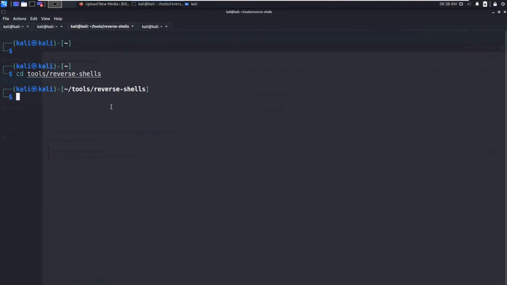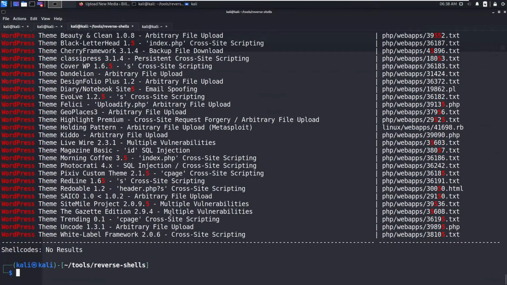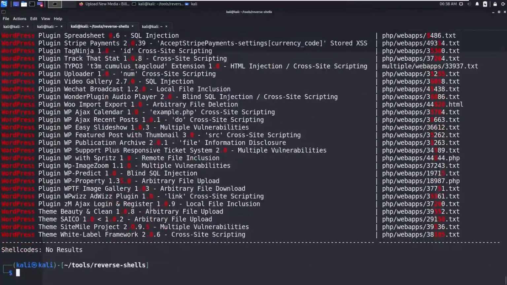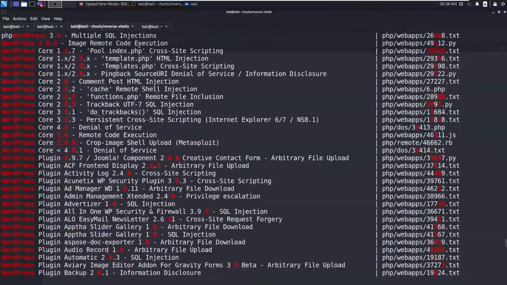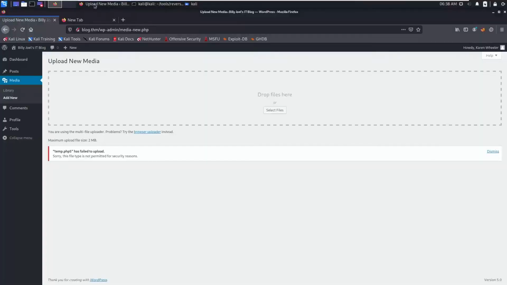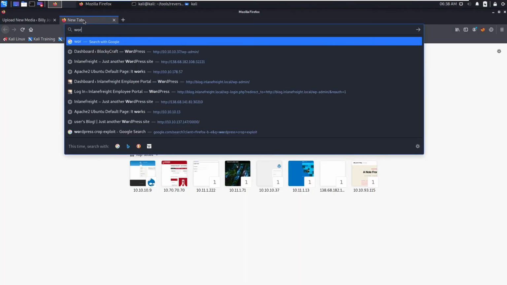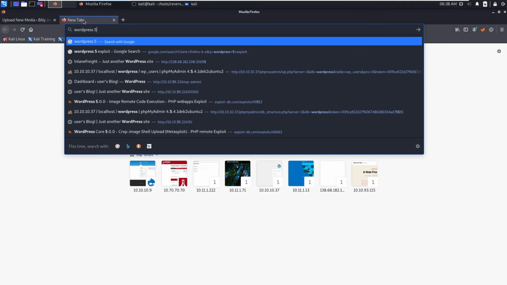Okay, let's first search WordPress 5. We came to know the version is WordPress 5 from the generator. I have got a few exploits here for WordPress 5.